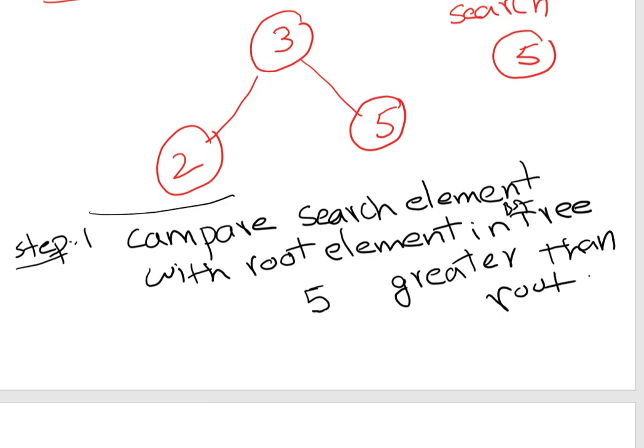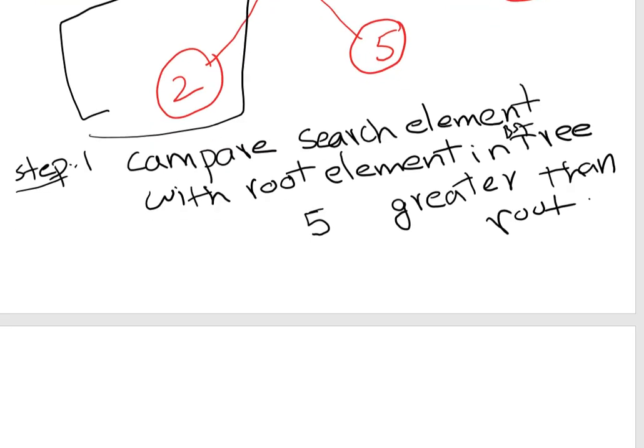So we will not search the left one. We will search the right one. Then we will follow the right side root node. Then we will compare. 5 is equal to 5. So 2 steps are required. How many steps required? 2 steps. Half of the tree is omitted with the help of the binary search tree. This is a good application for searching an element, or to retrieve an element, to store an element. Like this, we have different applications.